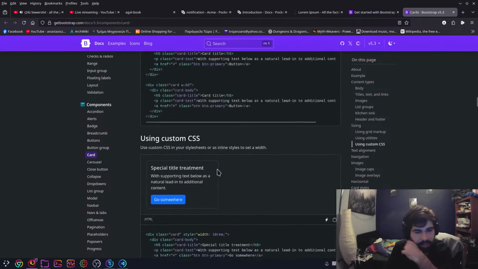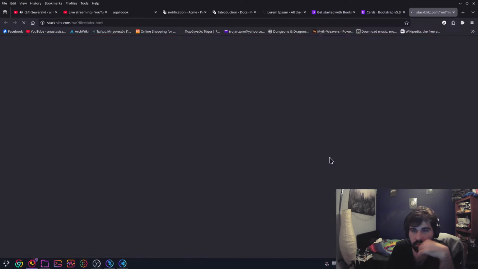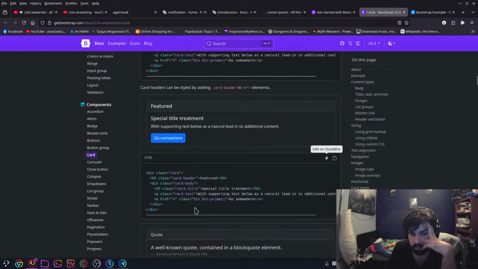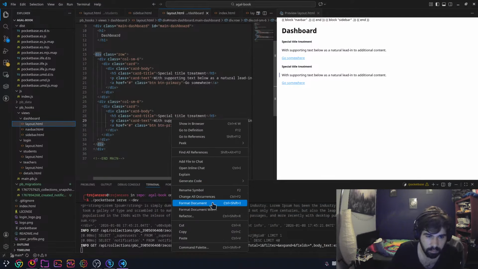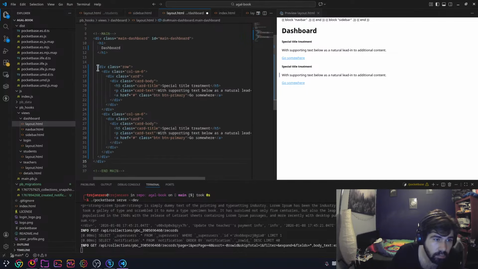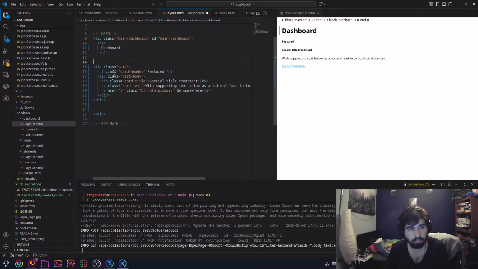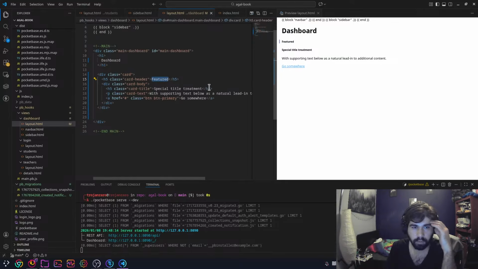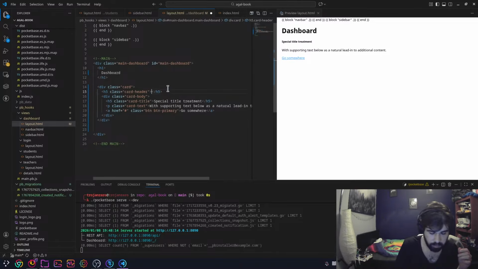Grid markup, yeah, that's what I like. So no, I don't do grid markup. I'm gonna do this thing. So I know what this will be.